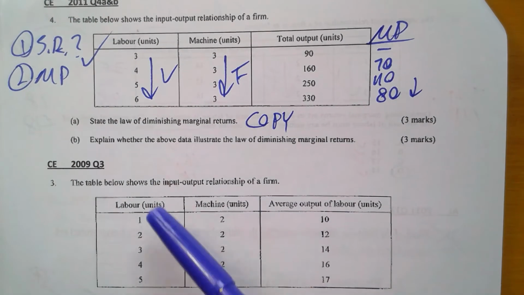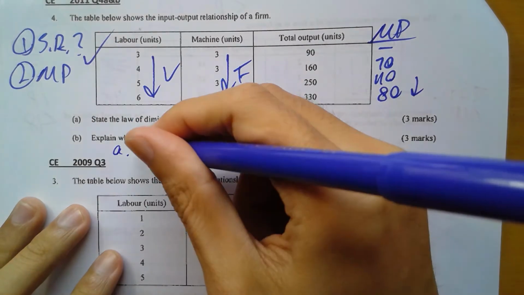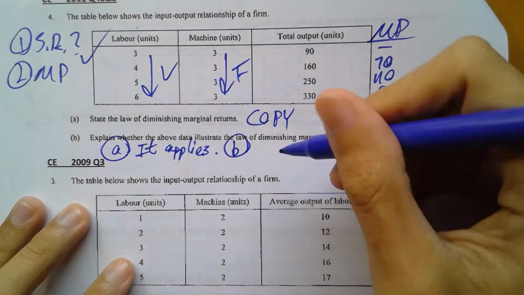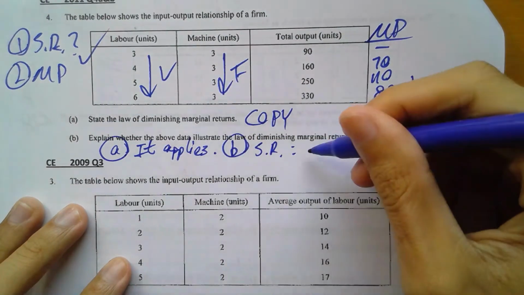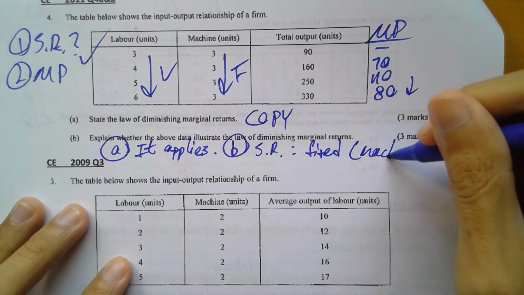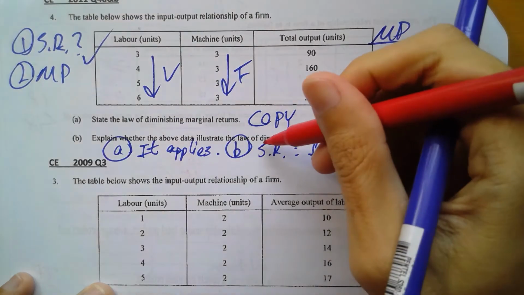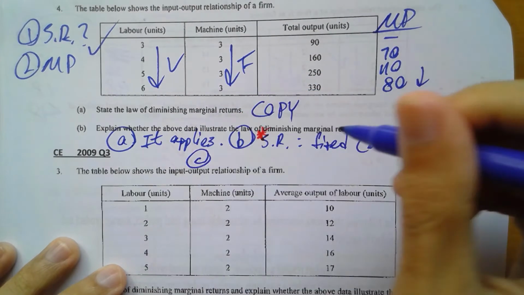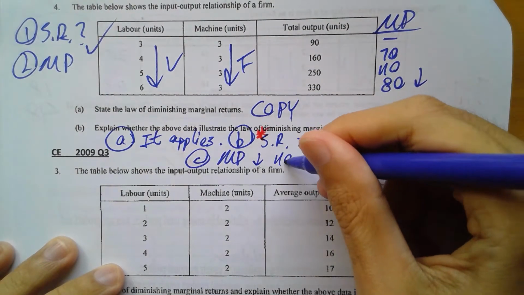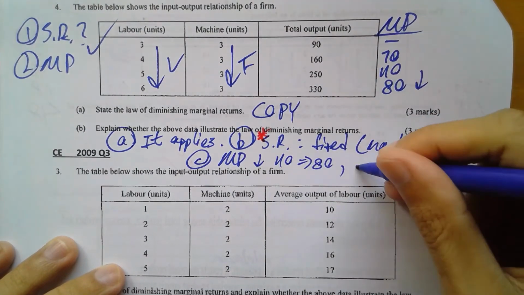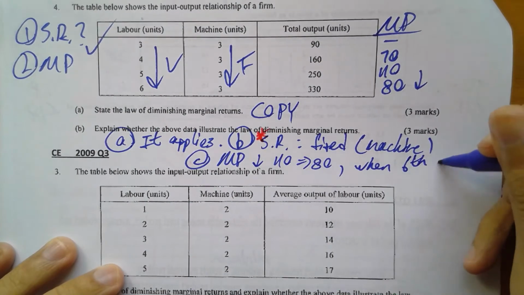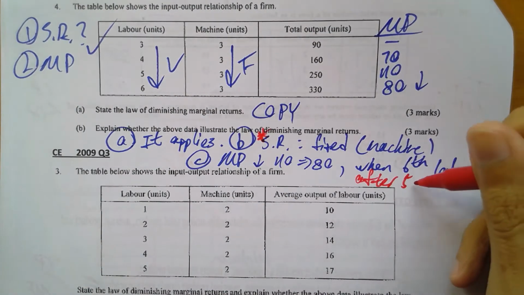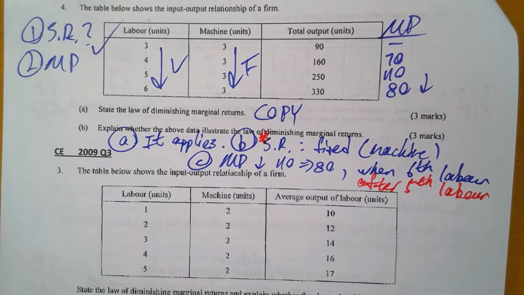So, how do we answer this kind of question? Now, there are several steps. First, you need to say, it applies. 係咪啊？俾咗個立場先。This is your stance. Then, for point B, you need to say, this is a short run because there are fixed factor. You see fixed factor, which is machine in this case. 嗱，唔好漏呢個啊！好多人呢 many of you in the homework, you miss out this point. You need to point out this is a short run production. 得唔得？你要講咗呢個 short run 先嘅。Then C, you say MP drops from 110 to 80 when 6 unit of labor is employed, or you can say after 5th unit. 得唔得？